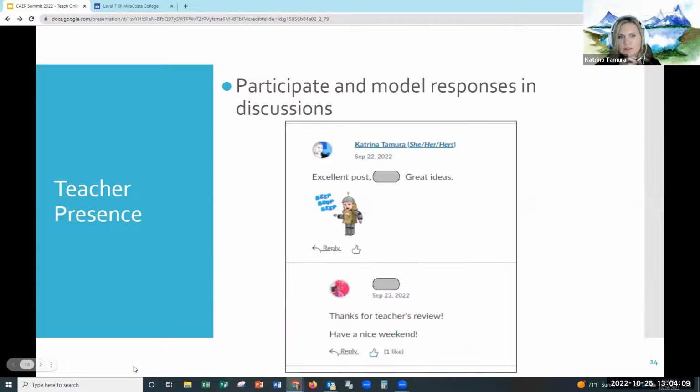And if you go to the next page, it can be something really super simple, okay? Like this, you could insert some sort of Bitmoji or a little picture, some sort of response so that they see that you're there. It doesn't have to be a really big response, but just something to let students know that you're there. So you can choose a few of them to make small responses to, and then pick a few to make a larger, fuller response to, just so that students do see that you're present.